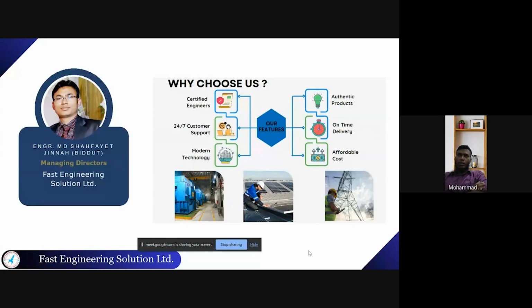We are experiencing that when students pass from university, whether from electrical or IT or any other sector, or mechanical or whatever engineering background, they try to